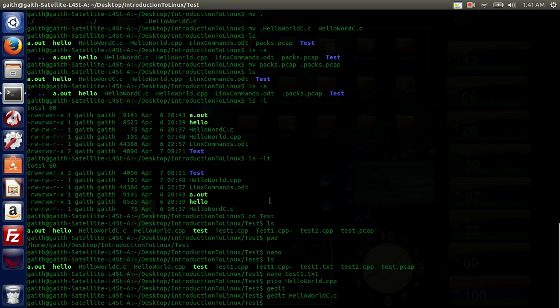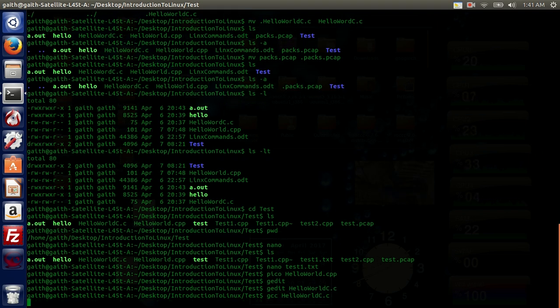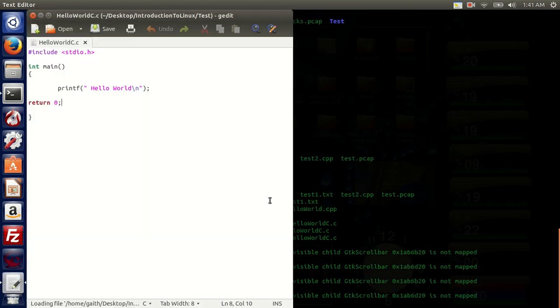There's another editor I'm gonna show you in a minute, but now what I'm gonna do is run the GCC. This is the C compiler, gcc hello.c, and this will compile it. That means I don't have any errors. Let's put an error there and see how an error will come. If I take this semicolon out